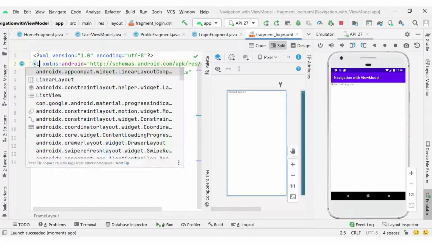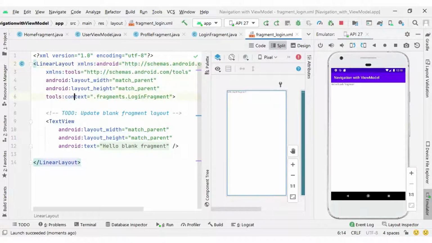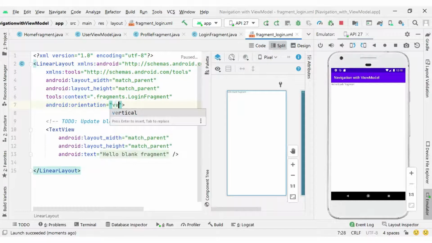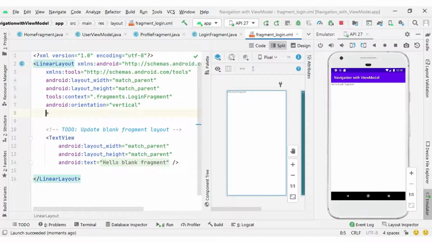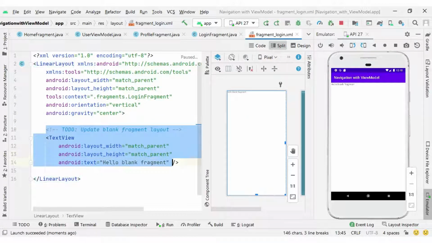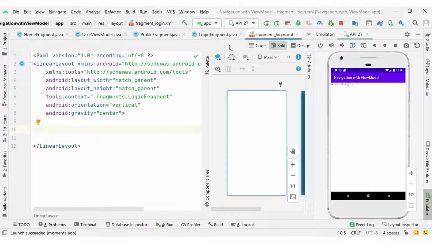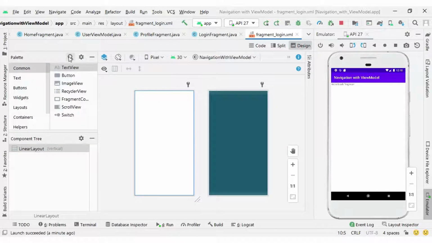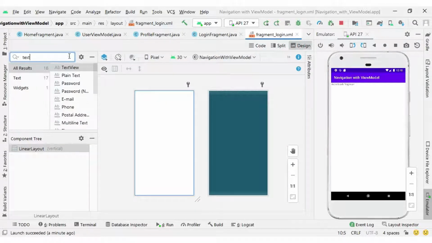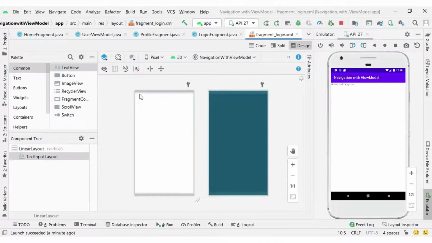Here you can see I am going to create a LinearLayout with orientation vertical, and inside the LinearLayout I will set the gravity center, and here I need an EditText. Inside the design part you can have a TextInputLayout, and I will drag that TextInputLayout.